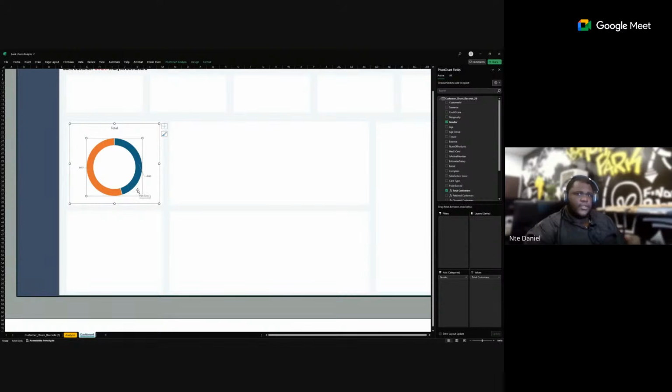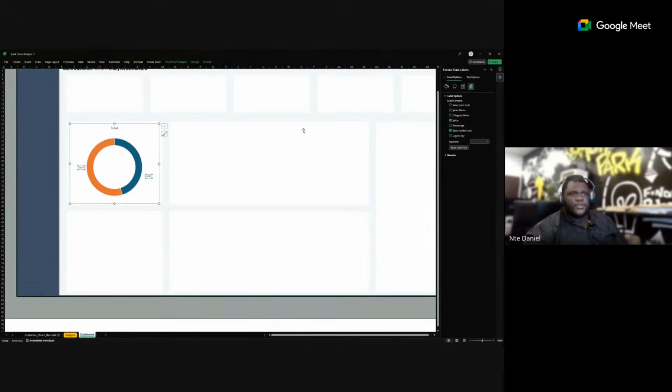Right. I'm going to turn on the data labels. And then on the data labels, I'll right click to format the data labels. And I'll turn on the category name and their percentages. Okay, so I want this to be,